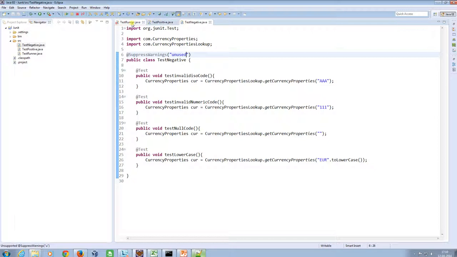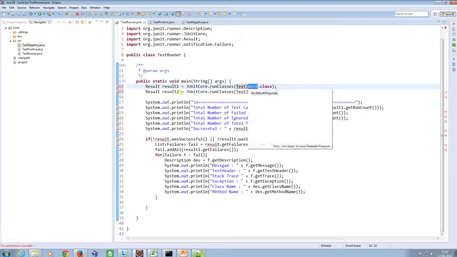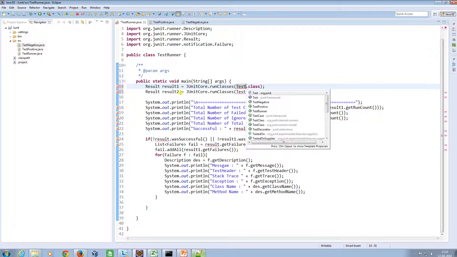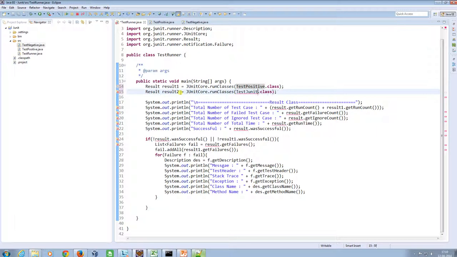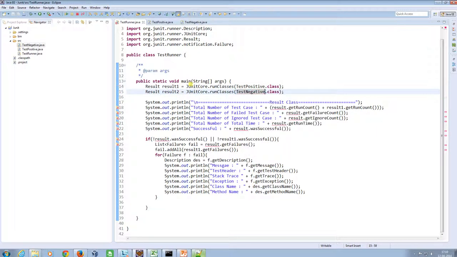Now again I will navigate to my test runner class. Here I will create result objects R1 and R2 for the test positive and test negative classes. So I'll make it TestPositive.class, and this will become TestNegative.class. Now once this is done, I am going to just